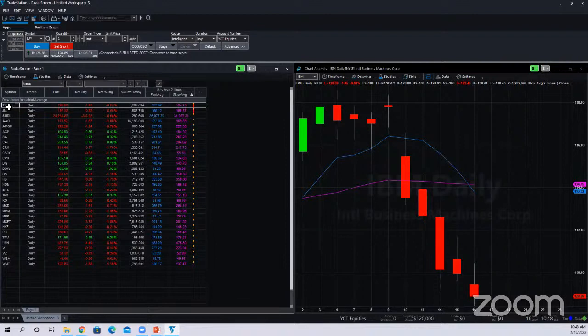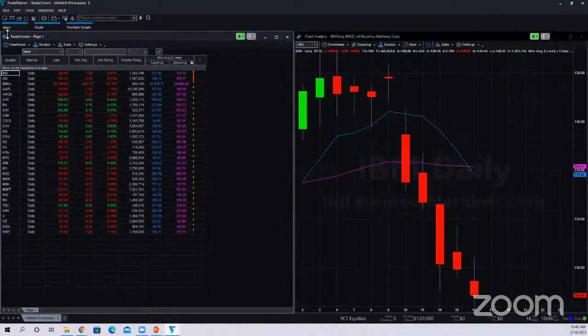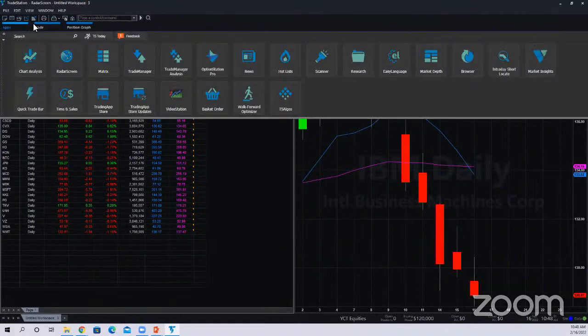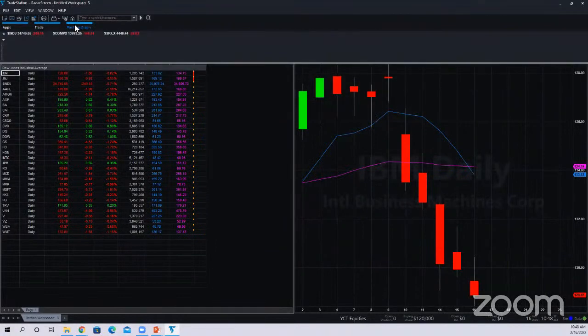All you would have to do is select IBM, and you'll see that whatever you select is going to load here into your trade bar. By the way, the trade bar normally is hidden. So if you hover your mouse over any one of these blue bars, it's going to drop down the window